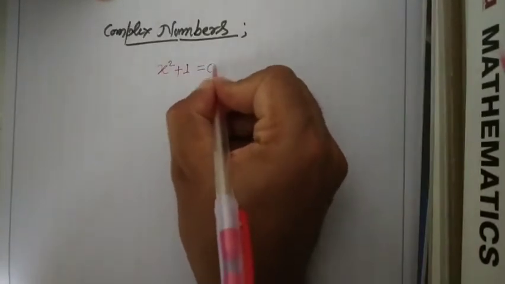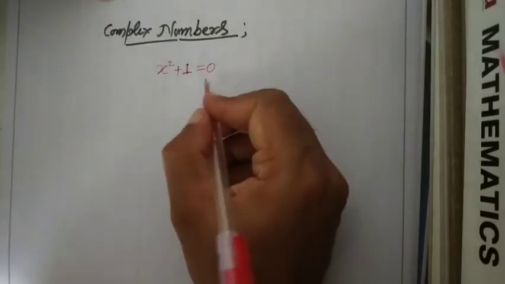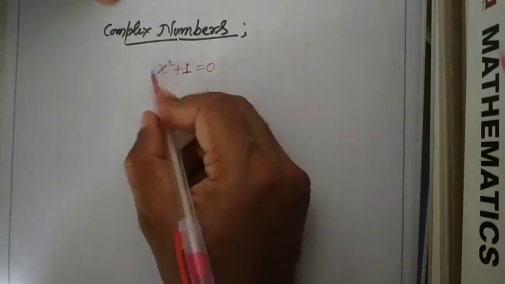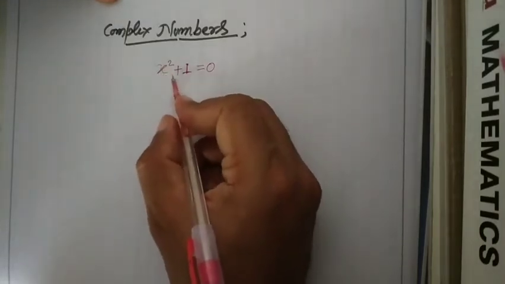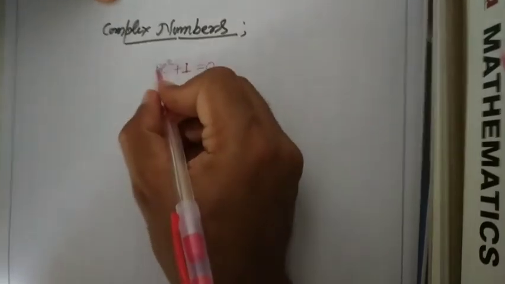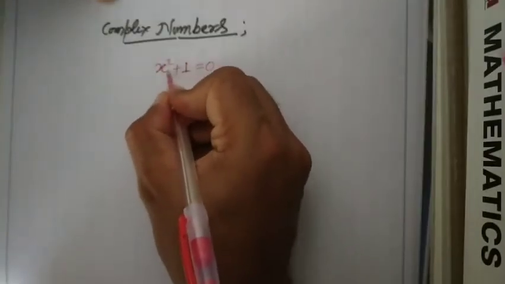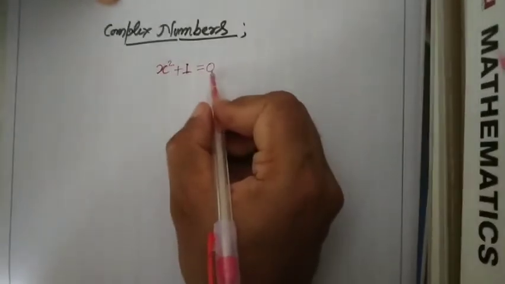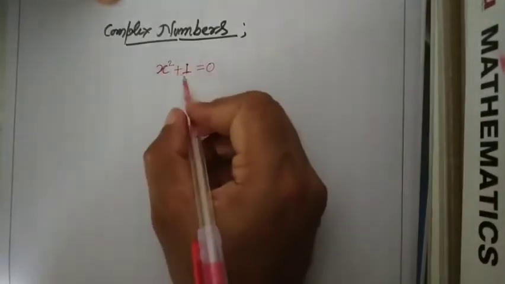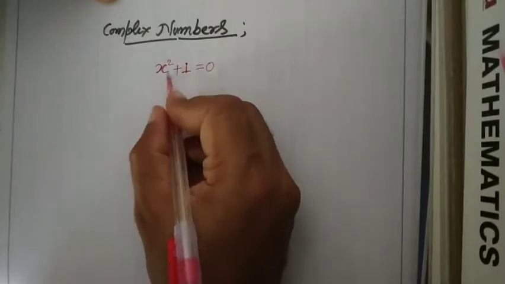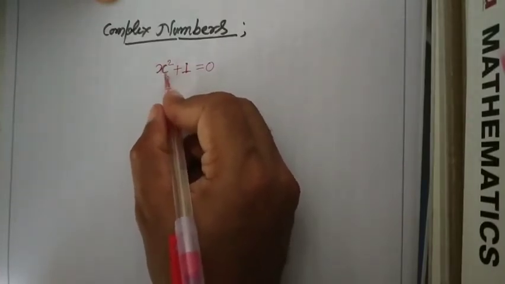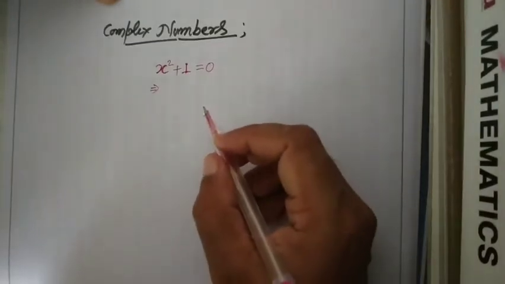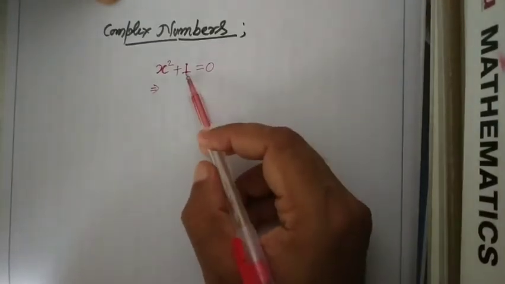is equal to 0, don't have any solution in the real numbers, because there is no x belonging to the real numbers which can satisfy this equation. We know that in real numbers the square of every real number is always a positive number, and positive plus positive can never be 0. So in real numbers there is no possibility that it can be satisfied by any real number. So we have to look for a different field of numbers where it can be satisfied, and